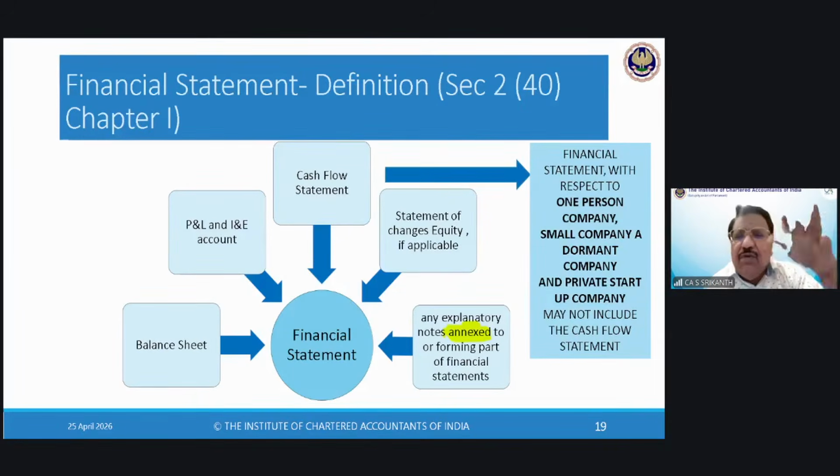So we should ensure that what is stated herein is clear to him, has some meaning for him. So that seems to be the goal of the exercise. Now, just for your information, the cash flow statement, accounting standard 3,